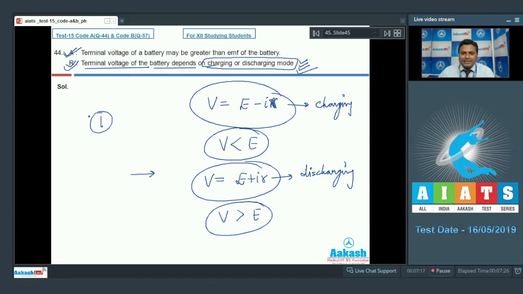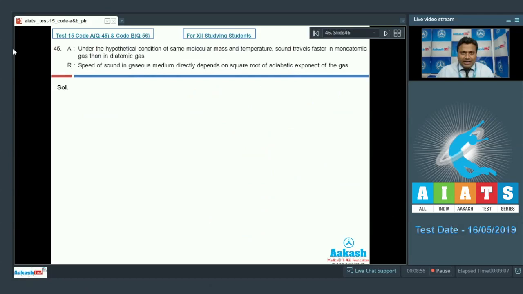Now move on to the next, that is 45 number. So here we have 45 number, everyone. Assertion: under the hypothetical condition of same molecular mass and temperature, sound travels faster in monoatomic gas than in diatomic. We know very well the relation, speed of sound in gases is given by under root gamma RT divided by capital M,